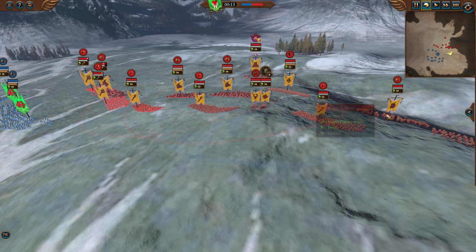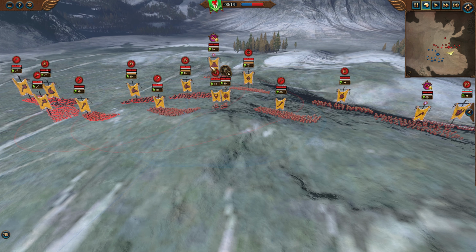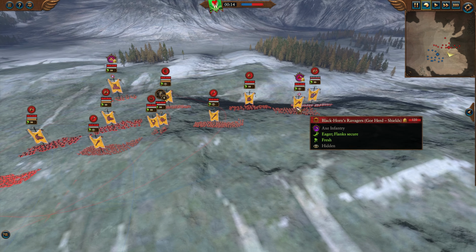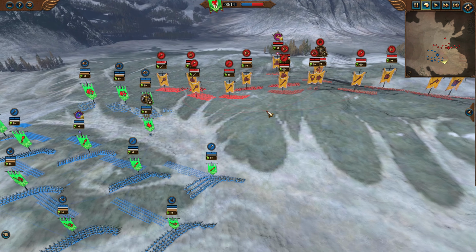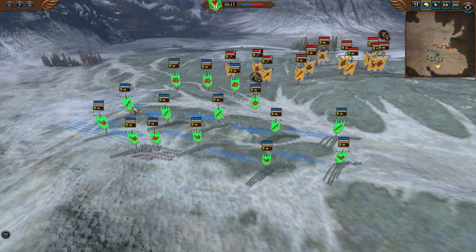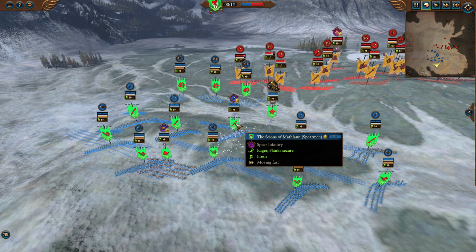Ungor Spearmen, a single Raider, and some Centigores. We've also got the Butchers of Kalkengard here, Blackhorn's Ravagers out on the flank, and Centigores of Zinj to back them up. Up against them, the High Elves have got a staunch line of spears, including the Scions of Mathland,